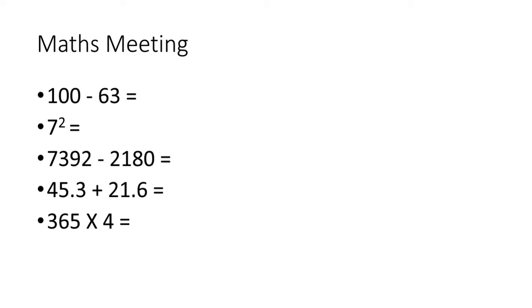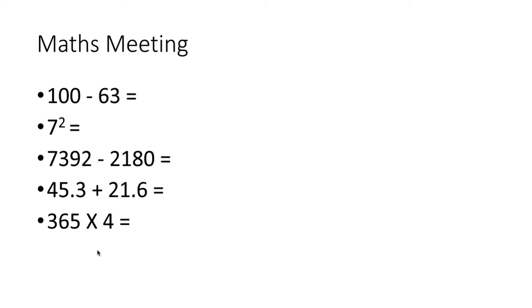7,392 minus 2,180. I recommend using column subtraction for that. Then we've got 45.3 plus 21.6. Use your column addition for that. Remember to line up your decimal points very carefully and make sure your answer has a decimal point in it